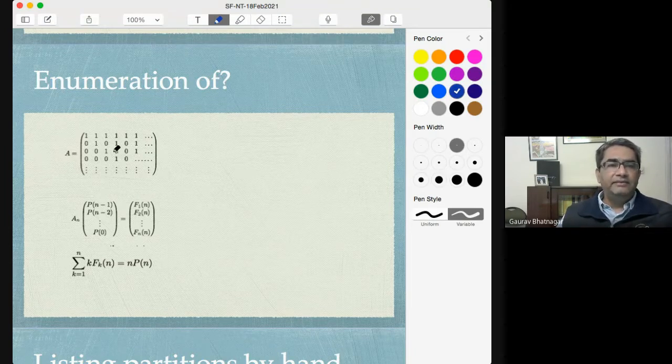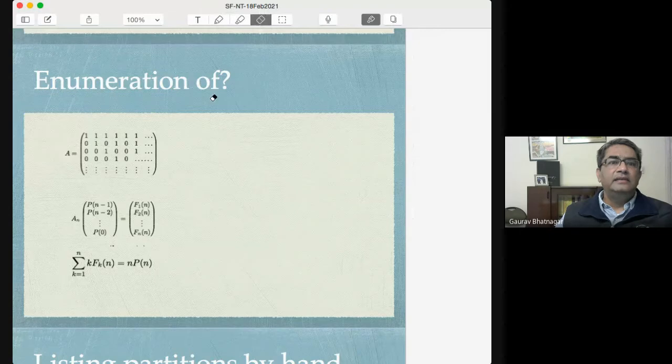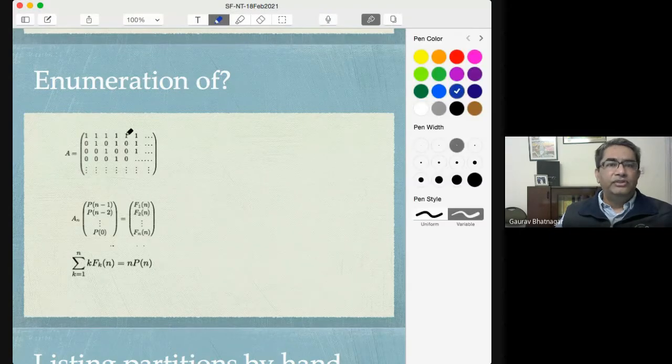So we begin with a very simple matrix. You can see that it has ones in the first row, then 0, 1, 0, 1, 0, 1, then 0, 0, 1, 0, 0, 1, and so on. So in the ith row, basically, there is a 1 in the jth column if i divides j, and it's 0 otherwise. So it's a number theoretic matrix. And we set up a sequence of